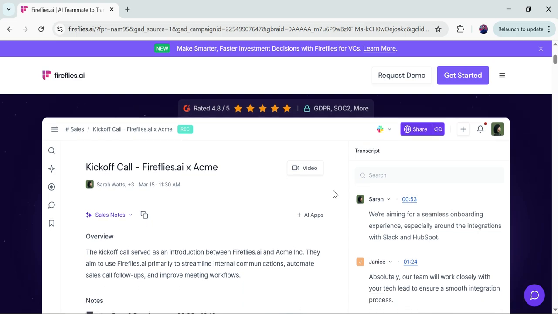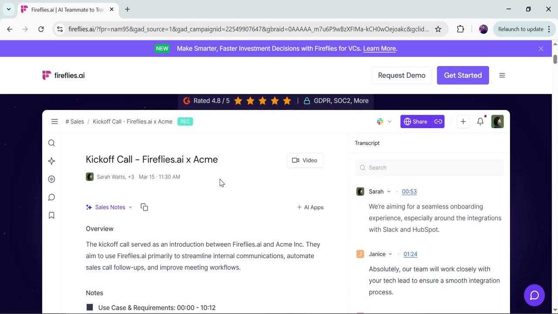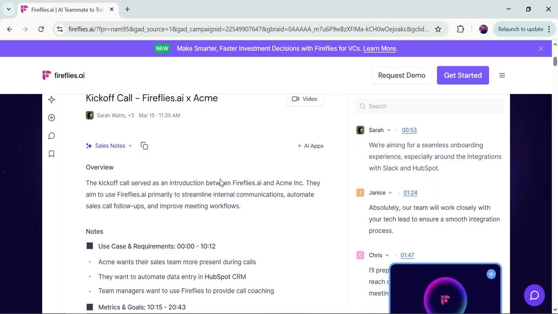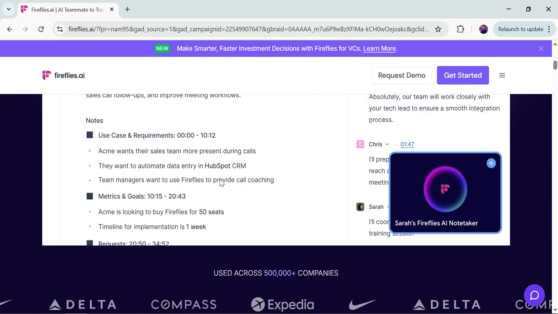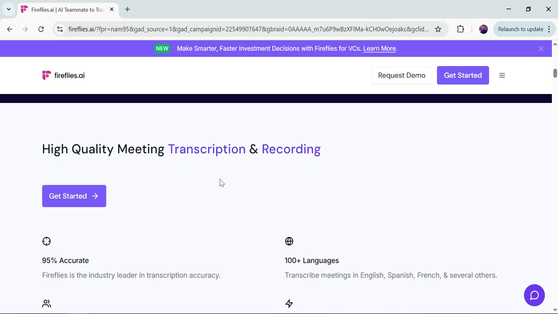When you sign up, you will get this kind of interface. You will connect this account with your Zoom meeting account, or you can say Google Meet, and whatever meeting you set it for, it will automatically transcribe your meeting notes, or you can also upload your audio here and it will transcribe the notes for you, okay, in just a few clicks.